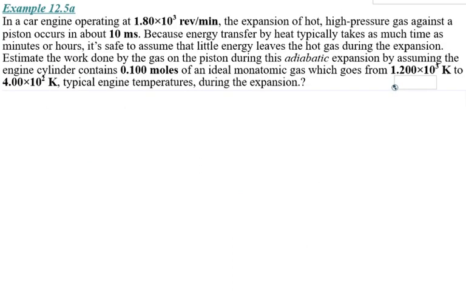In this problem, they say in a car engine operating at 1.8 times 10 to the third revolutions per minute, the expansion of hot, high-pressure gas against a piston occurs in about 10 milliseconds. Because energy transfer by heat typically takes a time on the order of minutes or hours, it is safe to assume that little energy leaves the hot gas during the expansion. Estimate the work done by the gas on the piston during this adiabatic process, because they said no energy leaves the system, so it is an adiabatic process, by assuming the engine